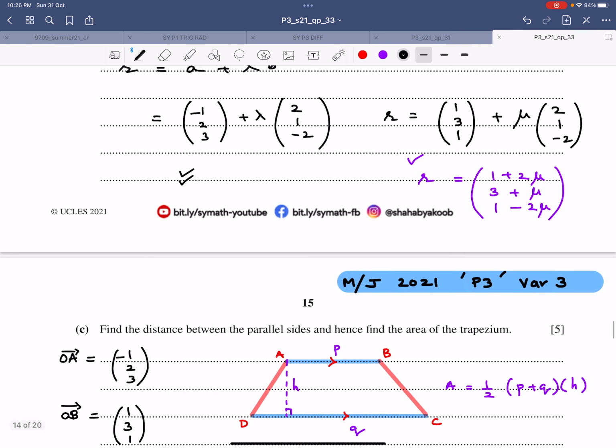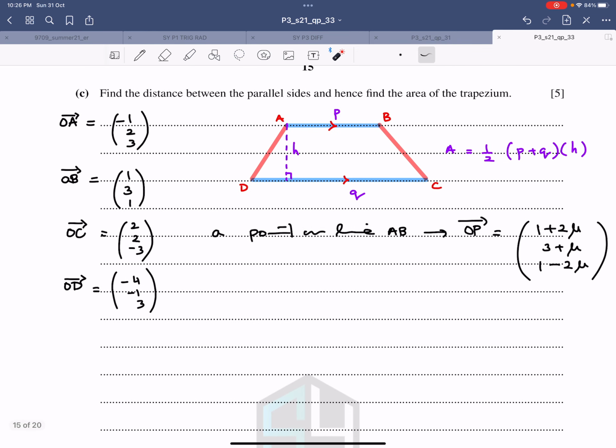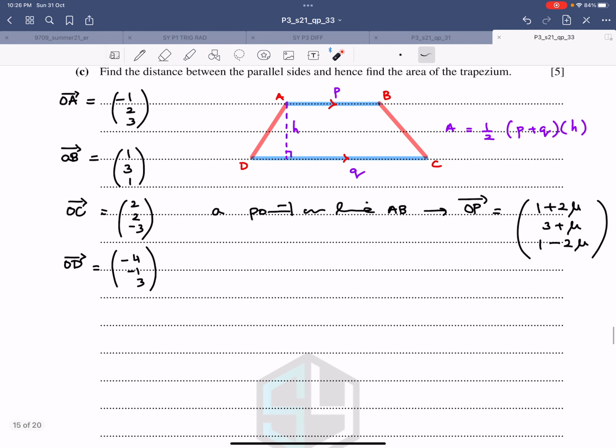Of course, I could use this equation in terms of lambda also, but then remember, the values of lambda and mu will come out different, but the final answer, whatever we are looking for, will come out the same. So now this is the point. How can I find this perpendicular distance? I can find it from either D onto this line, if the diagram is like this, or C onto this line, because we do not know which one is bigger, which one is smaller, and we don't care because this distance would still be the same. So let's use D or let's use C.